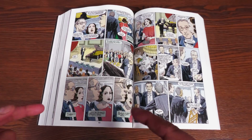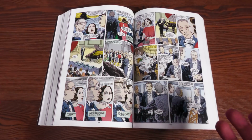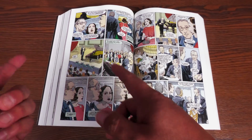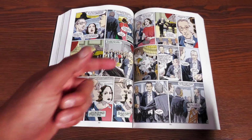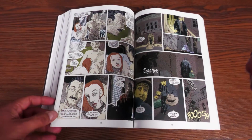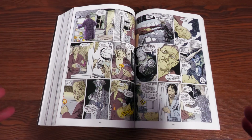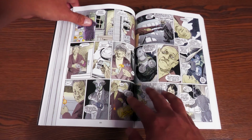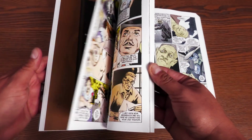However, a lot of this stuff has been used later on as part of canon, kind of like Neil Gaiman's Sandman was part of the Vertigo universe, but a lot of that stuff, most of it to this day, is still used as canon for the DC universe. And that's the way that this feels too. So this is pretty much what the art looks like. You're going to get a lot of this sketchy type of artwork,